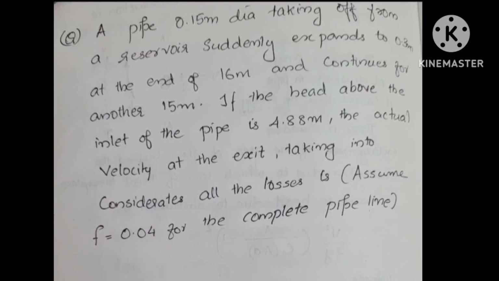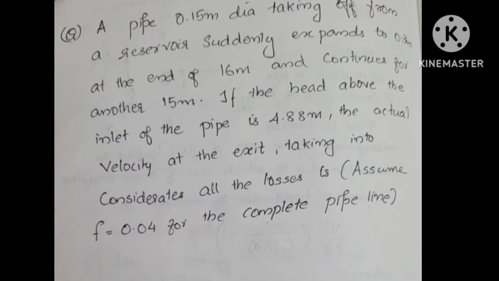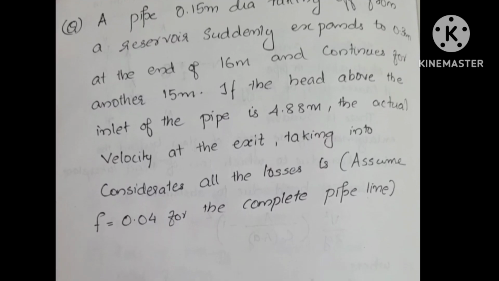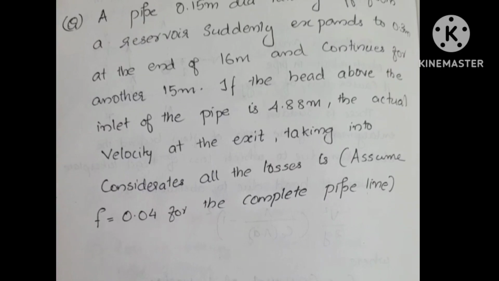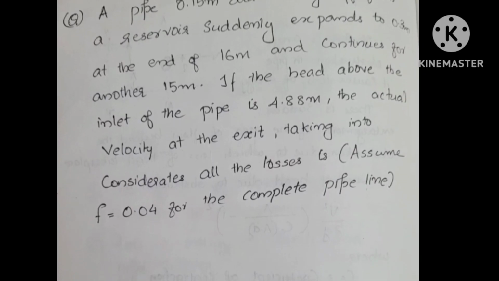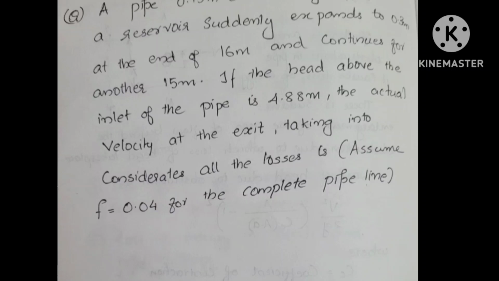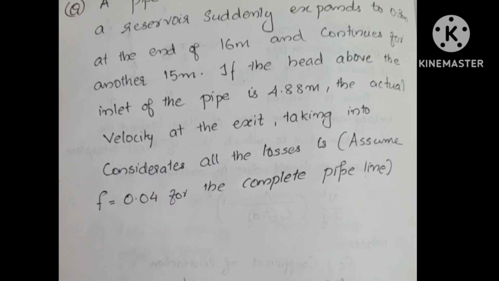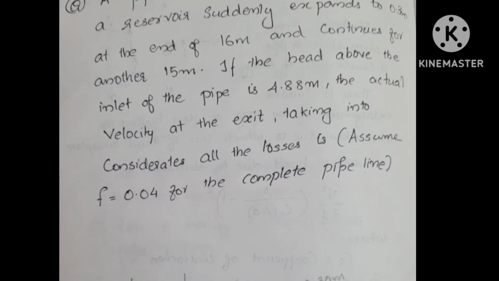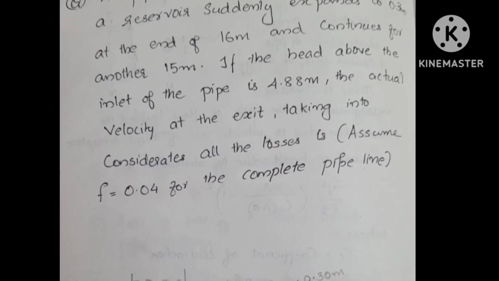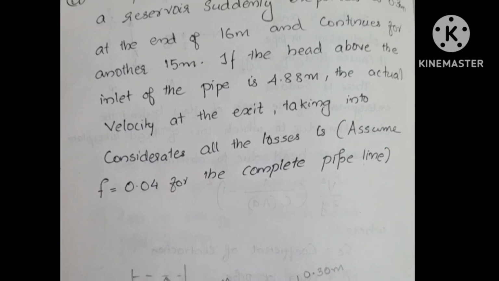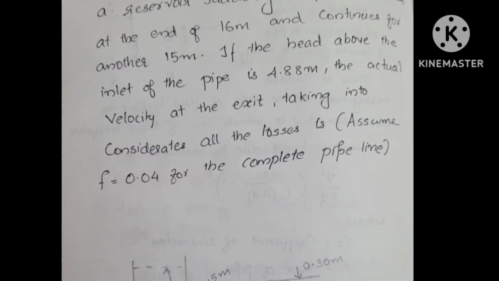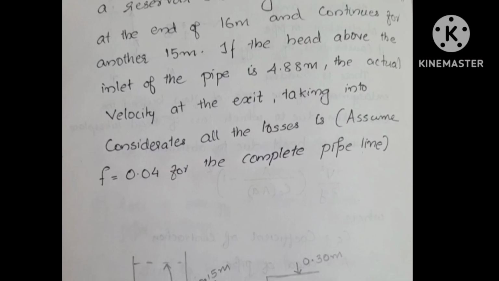A pipe 0.15 meter dia taking off from a reservoir suddenly expands to 0.3 meter at the end of 16 meter and continues for another 15 meter. If the head above the inlet of the pipe is 4.88 meter, find the actual velocity at the exit, taking into consideration all the losses, and assume F is equal to 0.04 for the complete pipeline. Here the figure shows, according to the question,